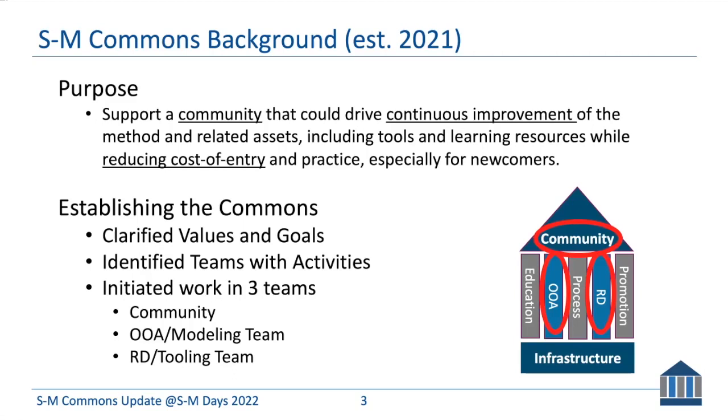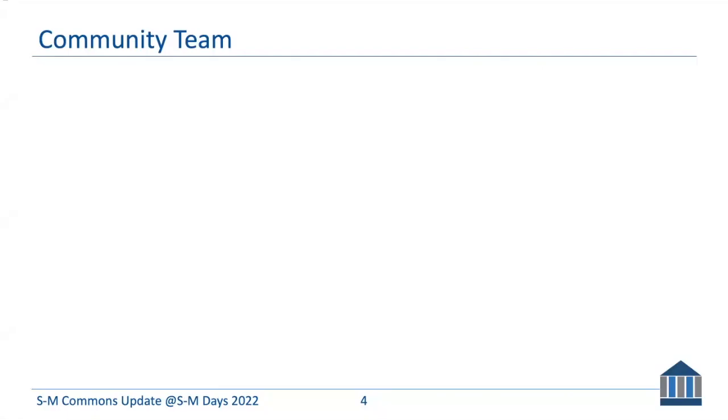Now let's take a look at what we've been up to this past year. So we're going to start by taking a look at the activities of the community team. An interesting thing about these activities is that they were actually initiated by members asking questions. And the questions were, how are things run in the community? Who's in charge? And how can I stay informed? Good questions all. Let's take a look at how we answered them.